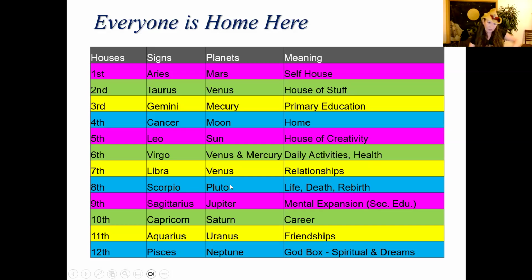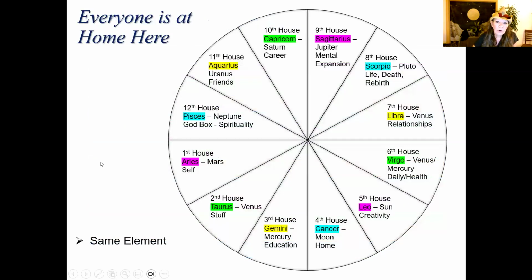And I'm going to show you this in that circle coming up in a second. And this is water signs. And then the 12th house, Pisces, water sign. So you can look at it this way if you like to look at matrices and lists, or if you like to look at more pictures, this is the way to look at it. This is the same exact information that I just shared.